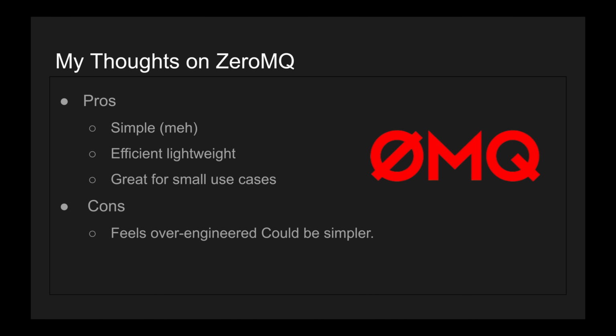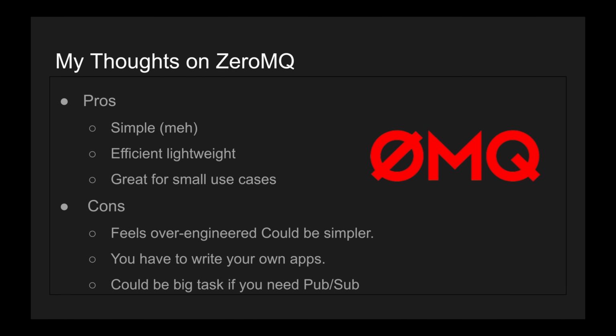This is synchronous, and this is asynchronous. What? Why? Well, I thought this is a property of the language. Why would I care? Again, might be wrong, but it's just my opinion. It felt over-engineered. Well, you have to write your own apps. There's no beautiful server that you spin up and does all the jobs for you. Some people don't like to customize. It could be a big task if you need an actual pub sub system, guys,